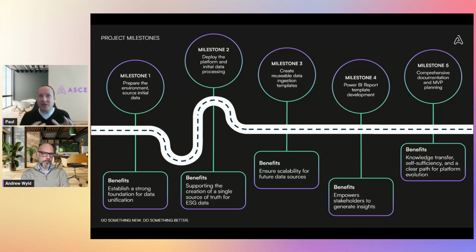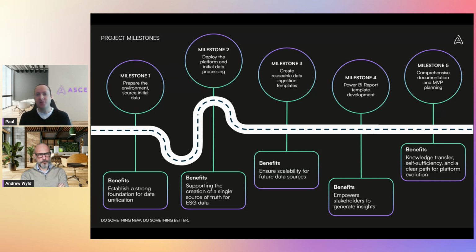Now, there's lots of benefits that you get from doing that in terms of out-of-the-box notebooks and pipelines, but really the main benefit that I see is that ESG data model. There's 400 plus tables that help you actually define what that data model looks like, which means you're not only solving your problem for now, but you're extensible for later as well. I say there are 400 tables. For this particular solution, we only actually used about 12, 15 in total for the report. But it meant that we can extend and use those other tables as we onboard new data and as we need them for the future.